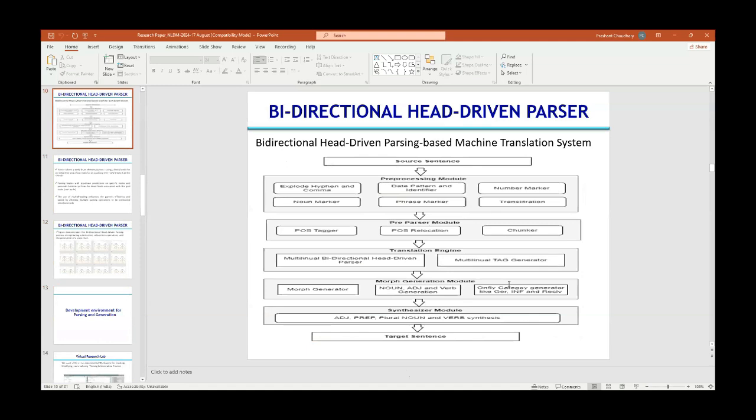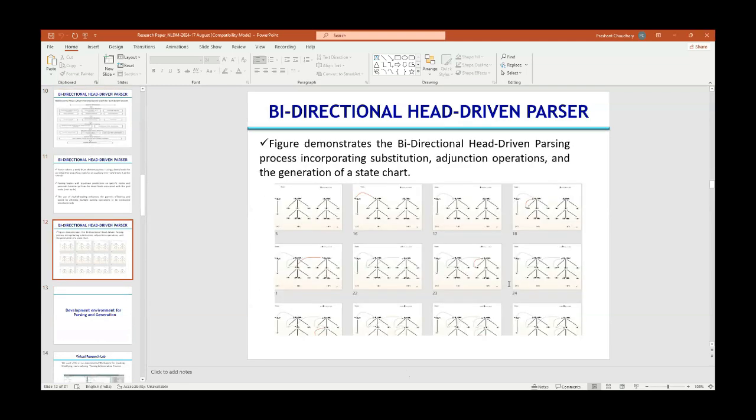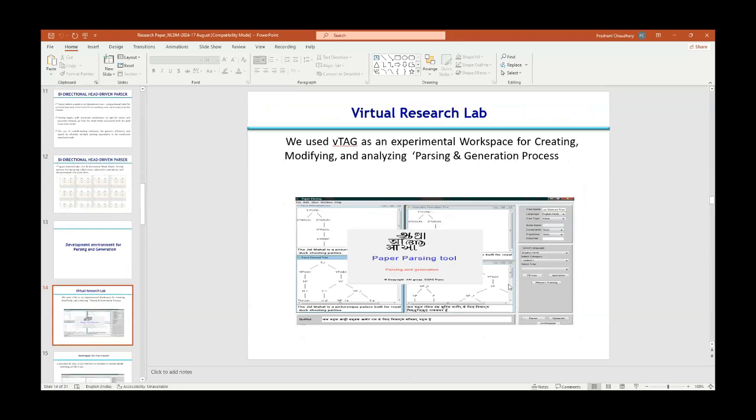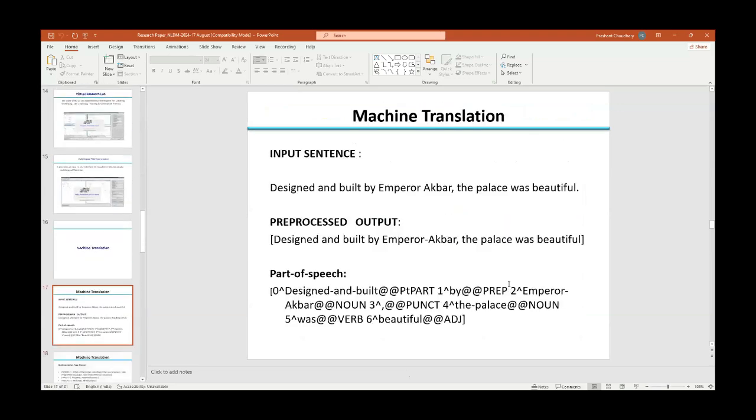Have you seen this slide? This is a very important slide. Yeah, we can see the slide. So this is the snapshot of the parsing algorithm, how the parser predicts the parse on the initial tree and from left to right. So this is basically bidirectional parsing. And the research environment I would like to